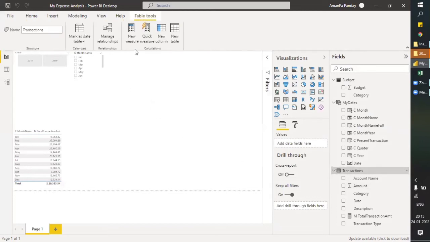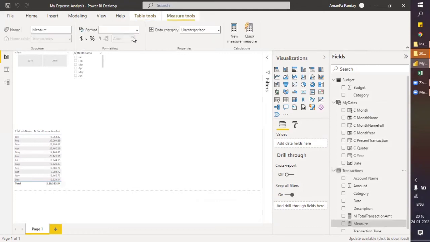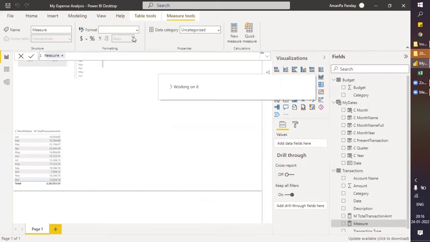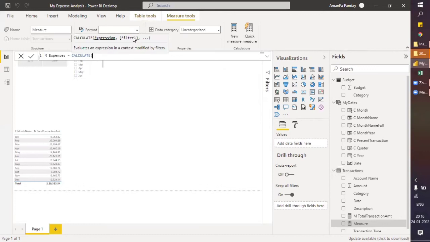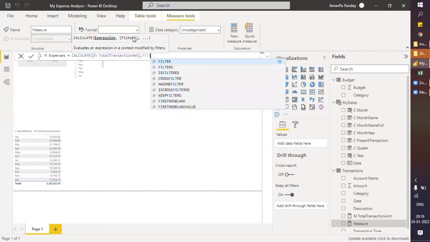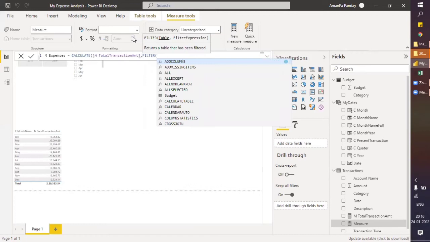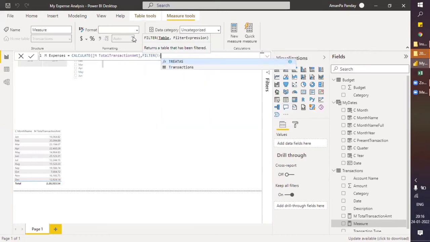So let's create that. Expenses equals CALCULATE, and this CALCULATE will have this DAX measure, then FILTER from the transaction table.